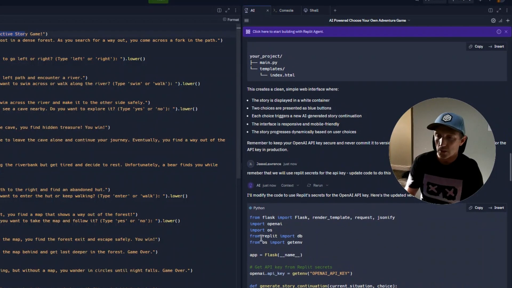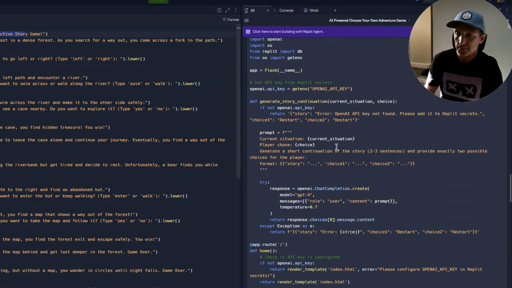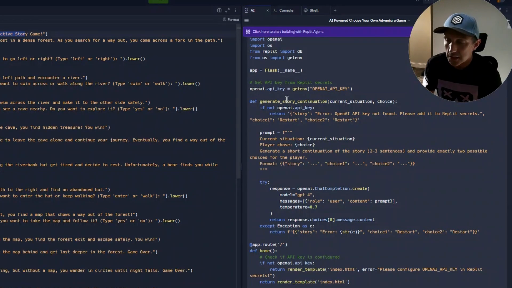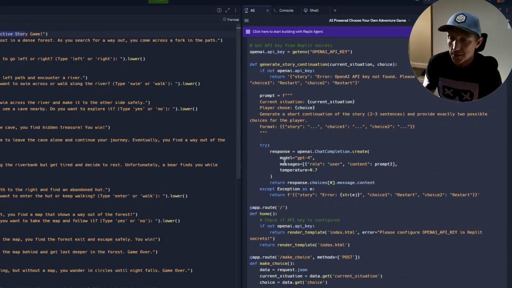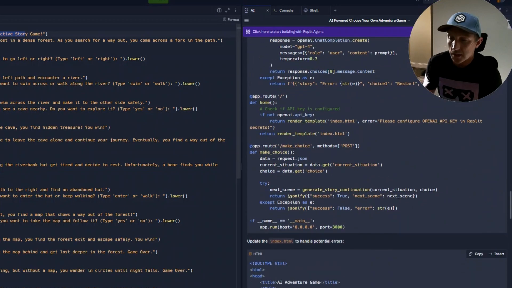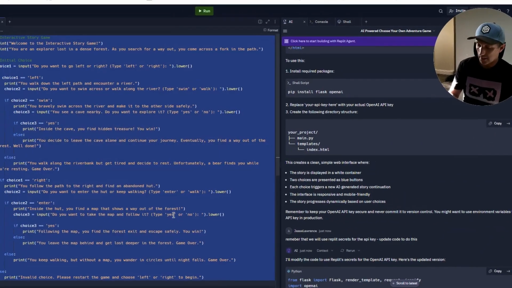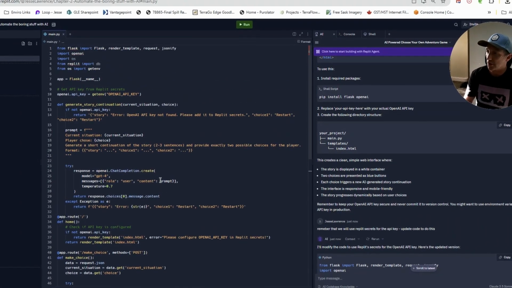Let's check back on the AI. Okay, so it's got this new main.py, and it's going to generate a story. There's no actual story in here. It's just going to basically prompt OpenAI to do some stuff. Let's copy that into our main.py. We'll delete this old interactive story, and there's our new one.